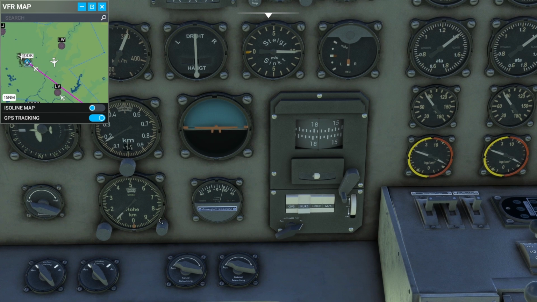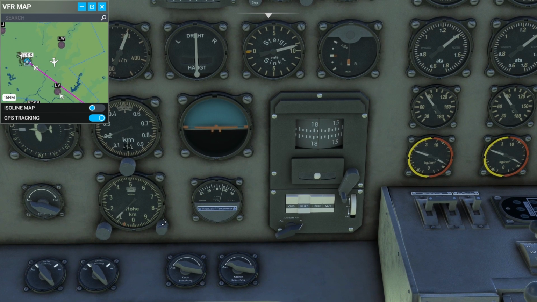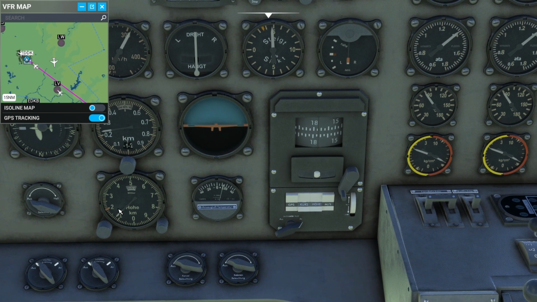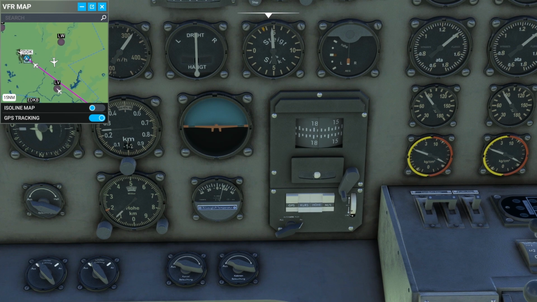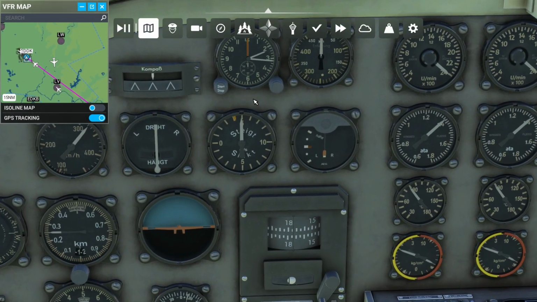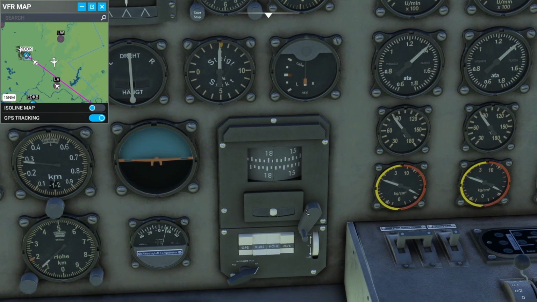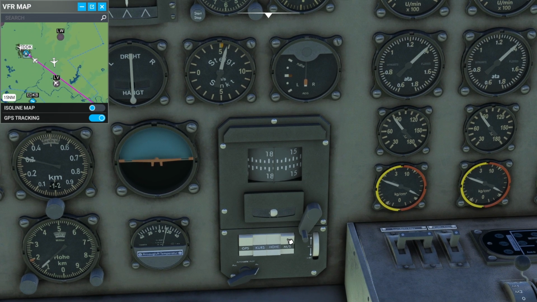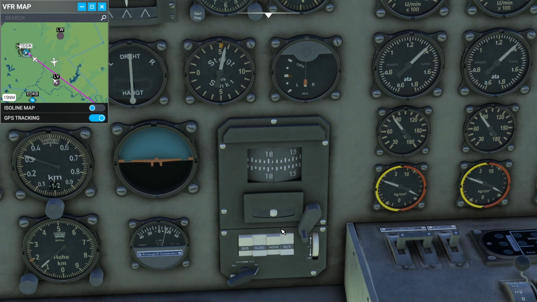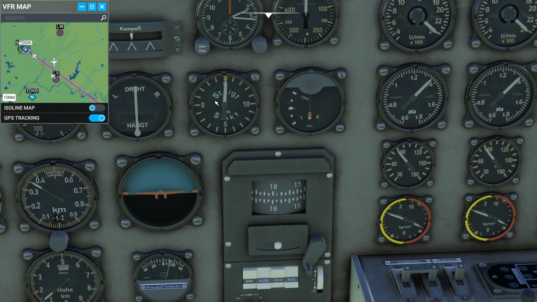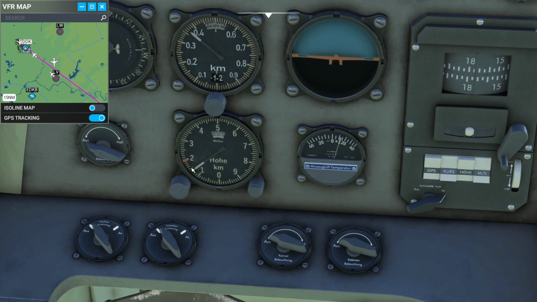So if, for example, I want to climb to 2 kilometers of height, firstly I'll set the altitude bug to 2 kilometers. Then I'll set the vertical speed bug over here to around 5, so it holds that climb rate, and then we'll switch to vertical speed mode. And as you can see, it will hold this vertical speed and start climbing towards the altitude of